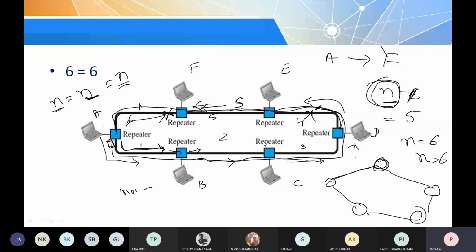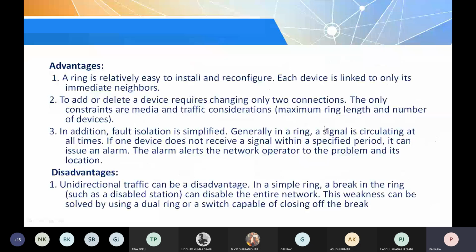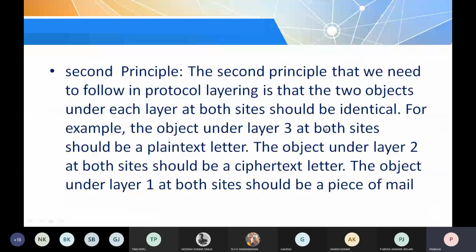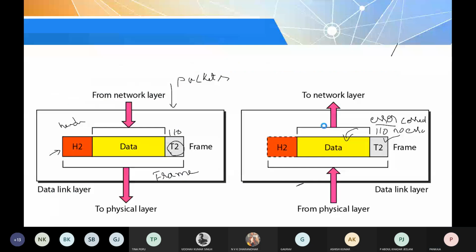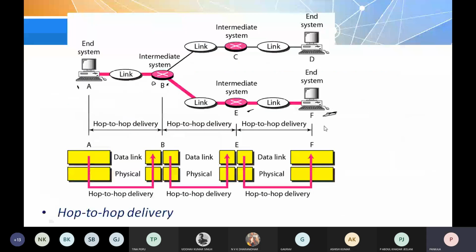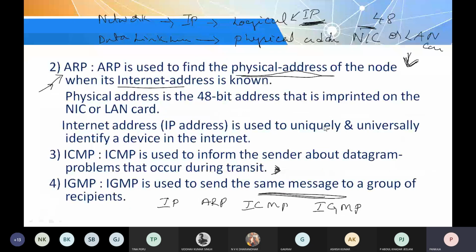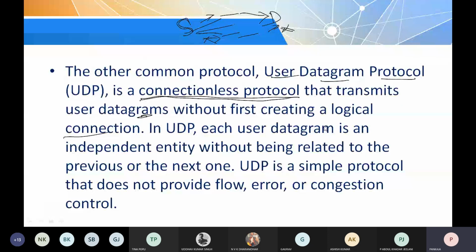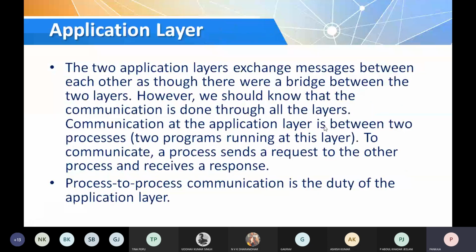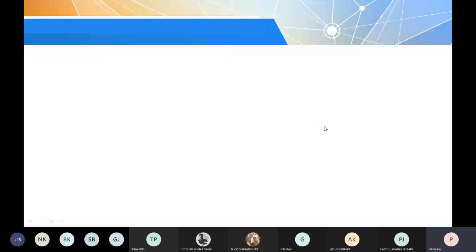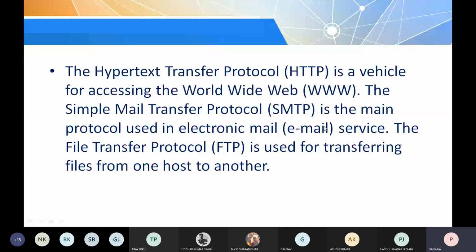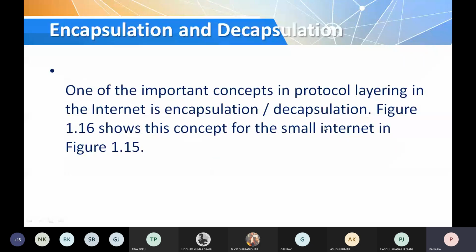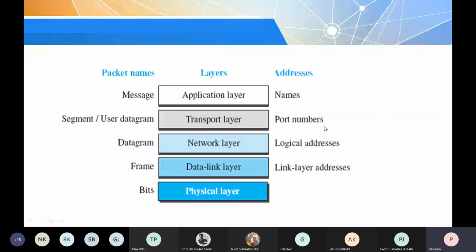Anything else? So now we will go through whatever we have discussed in the first chapter and second chapter, mainly the second chapter. In the next class we'll have one small quiz, and we'll move on to the third chapter. I need to give some more information about logical addressing. Once it is done, I will go to the next layer. Also there is the concept of encapsulation and decapsulation. I will explain all this in the next class: encapsulation, decapsulation, and also addressing.